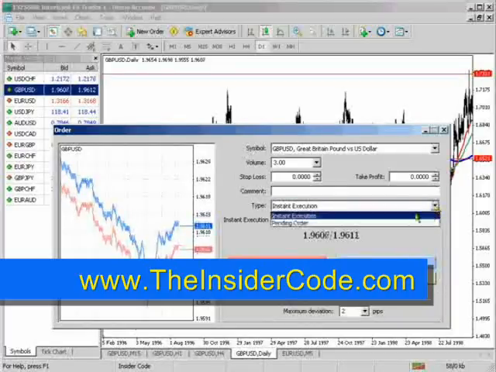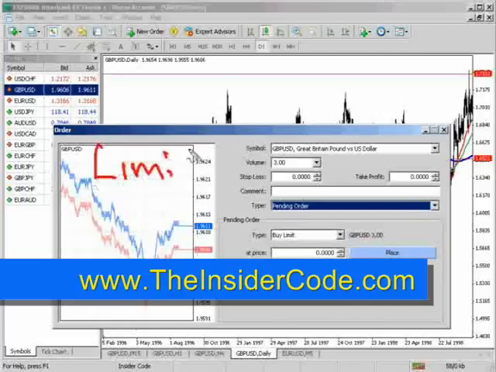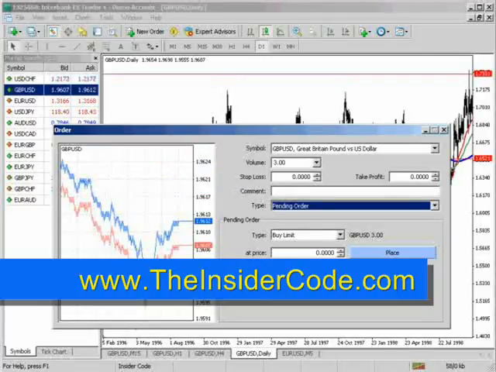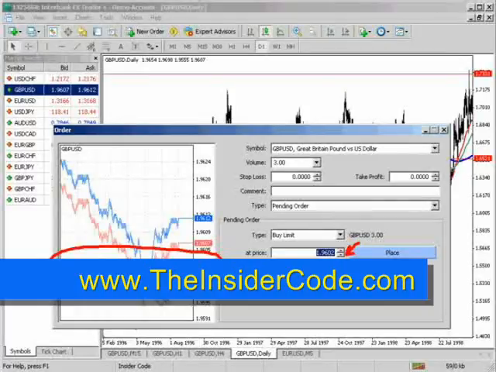Now, you can also do what they call a pending order. This is also called a limit order. A limit order simply means you're telling your broker, look, I want to buy, well, we're using sell. I want to sell pounds, but I only want to sell pounds if you can get it to me at a specific price. So I'm going to move. You see I'm touching on this arrow button right here? Now you look over here. This is why I like this broker, because it's very convenient to place orders and to process orders. So you can see here, if I want to